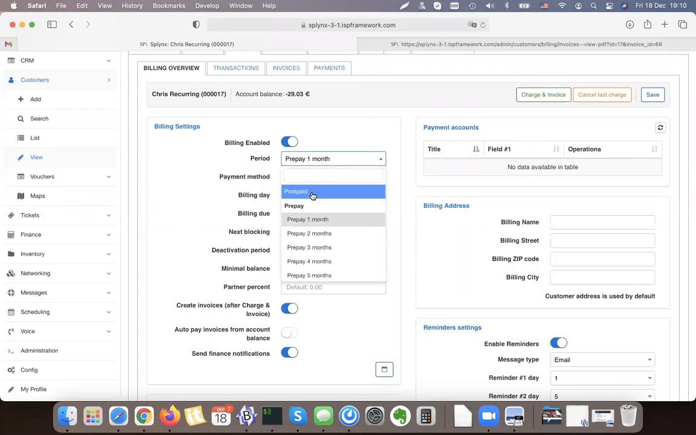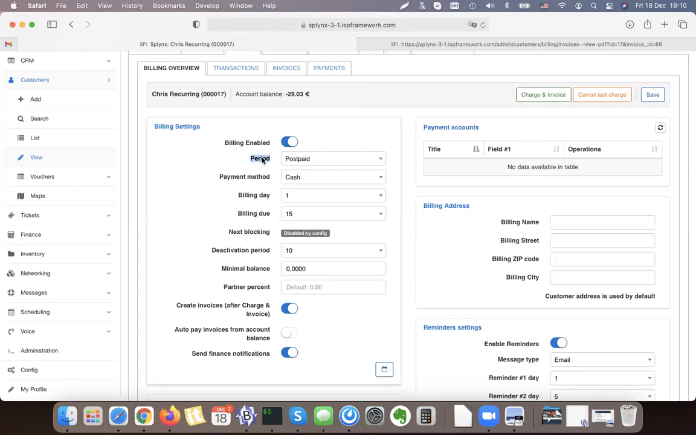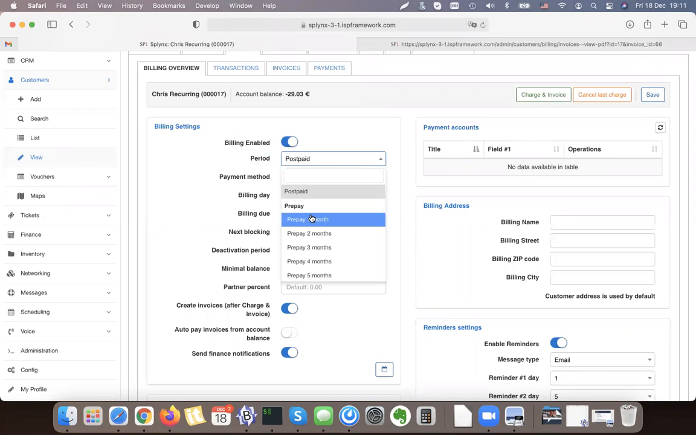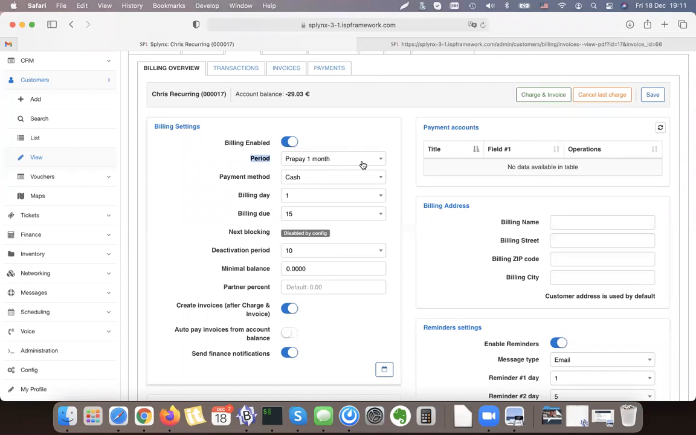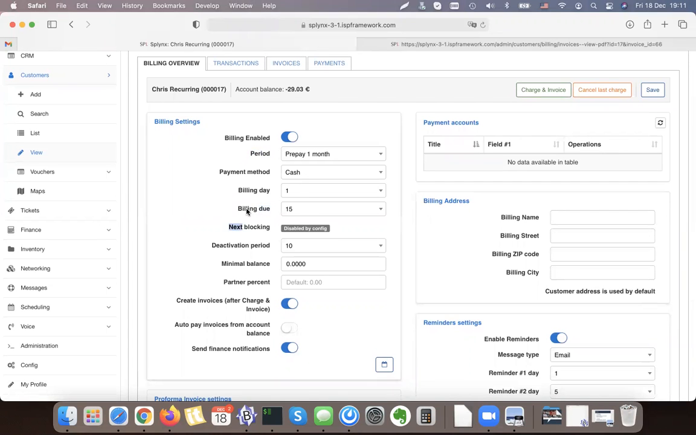If I set this up as postpaid, it means that it will include the period that was already in the past. So it will charge him for December on 1st of January, and 1st of March for February. But if I set it up this way, by default, it always charges at the beginning of the month. It will charge the whole month that is coming. Okay, these are important things: billing due and